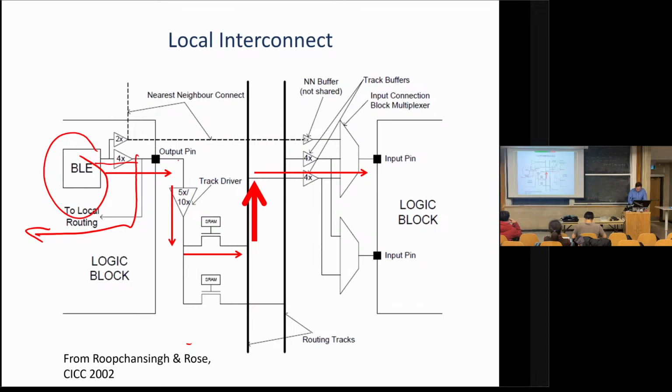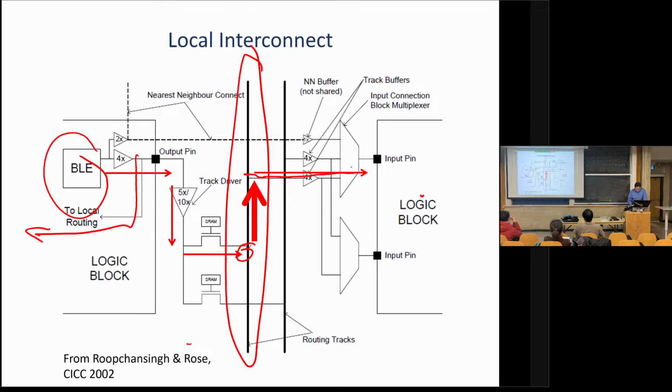But it also drives out through a fairly big buffer, and this particular architecture is using tri-state buffers, onto a big routing wire. Routing wires that go between logic blocks are relatively long, and they're relatively capacitive. So I connect onto that. I don't really want to go very far. I just want to go to the logic block right beside me. So I now basically go into its connection block input mux, and I get into its input pin,